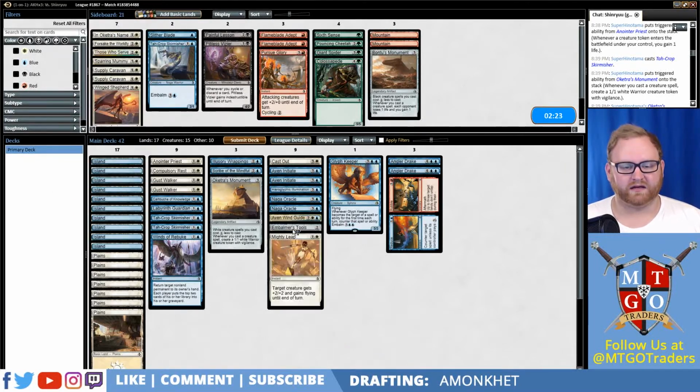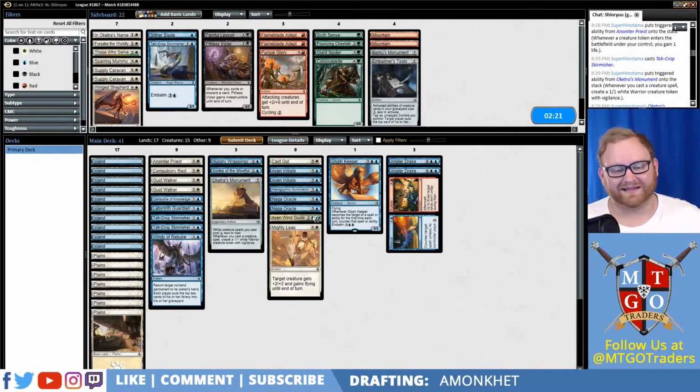Actually, let's put in Mighty Leap and take out Embalmer's Tools, because Mighty Leap could turn into a block, you know, something like a Glorybringer or something like that. That way we can help trade a little bit easier. Let's take out...